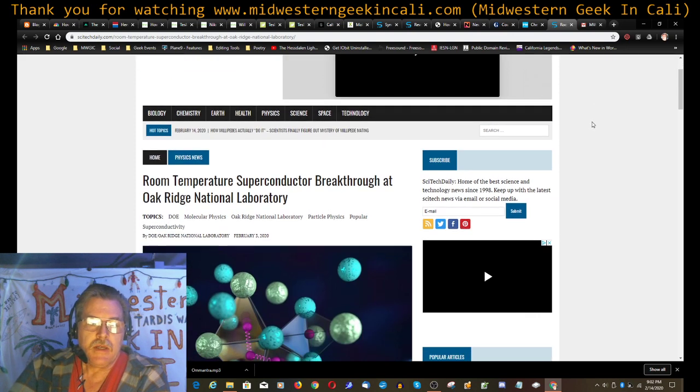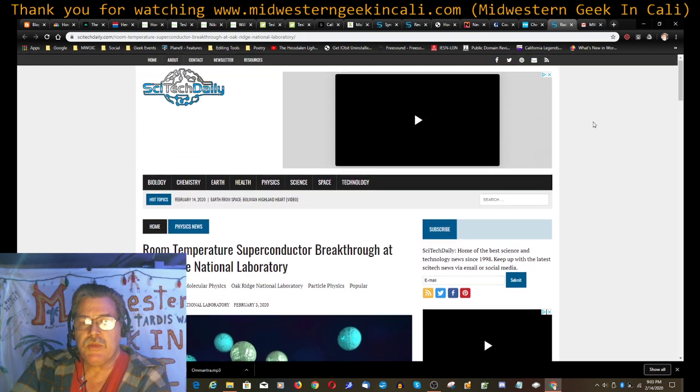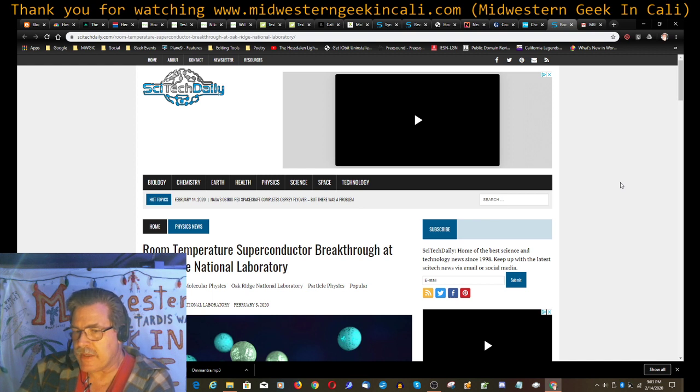So this is a big deal because if you can get room temperature superconductors, it makes everything electrical much more efficient. I mean, with current day conductors like a copper wire, for instance, the electrons flow through the copper wire when electricity is running through that wire, right?